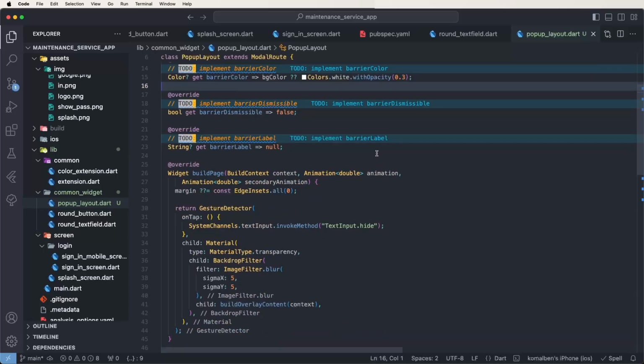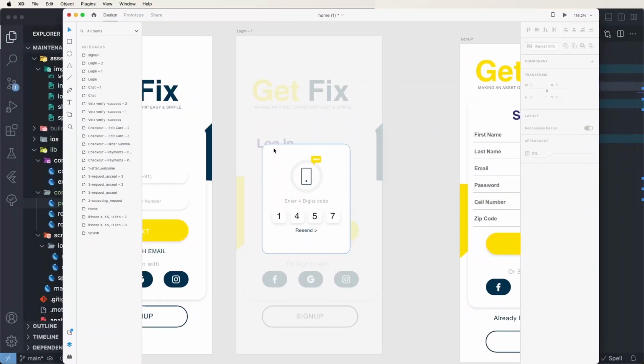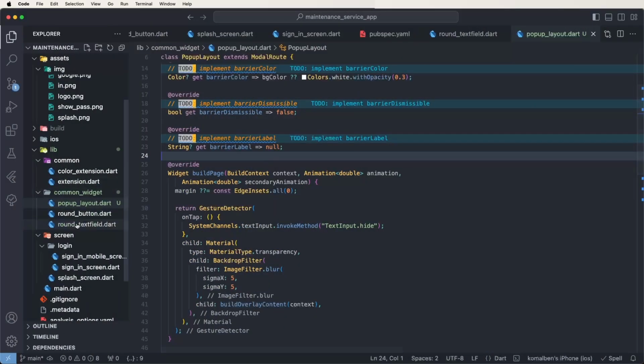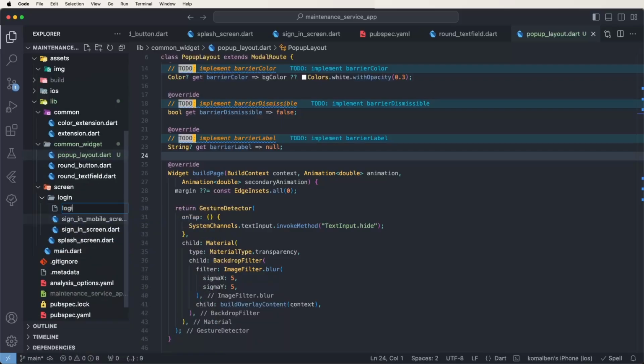First of all, we need to see this UI inside the XD file. Now it shows the OTP picker UI. Now we need to develop a UI like this. First of all, create a new file and give it the name login OTP